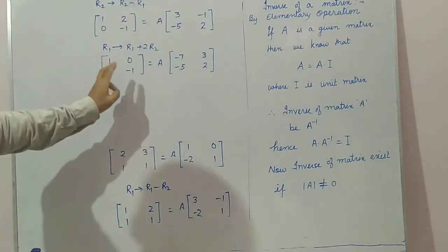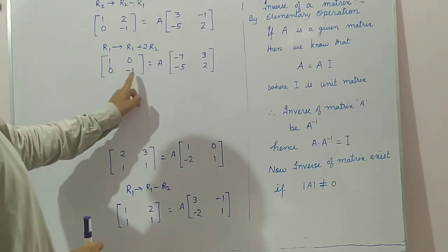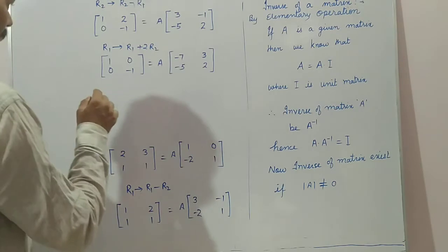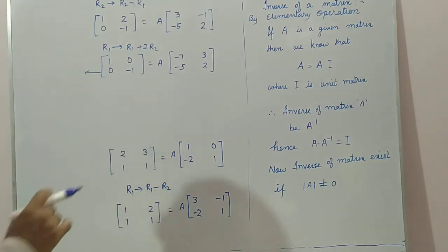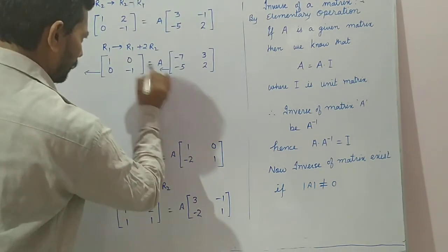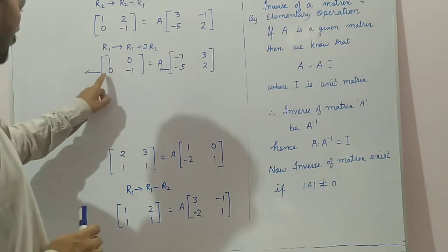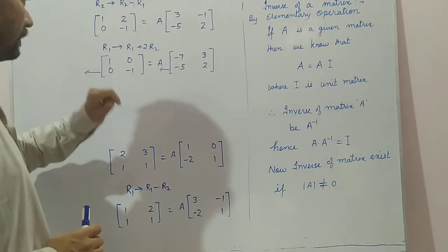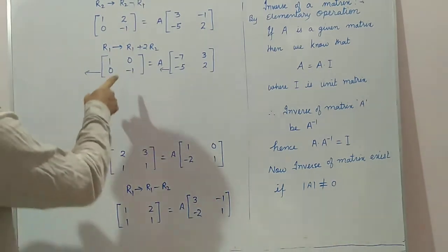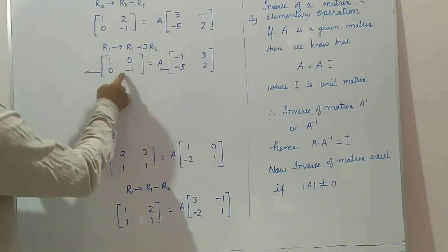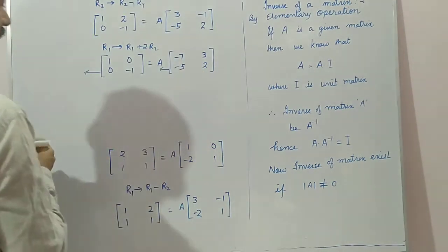Now see here. In the right hand side, left hand side, see, you are getting 1, 0, 0. It should be 1, but here it is minus 1. If we can take minus common from this second row, you have to take minus common from this second row also. Or the best method is, suppose here minus, you can change the sign. Here you will get 0, 1. It will be what? 5 minus 2. Better you take minus common. If you are taking minus common from this row, you are getting 0, 1. Take minus common from this row, you will get 5 minus 2.